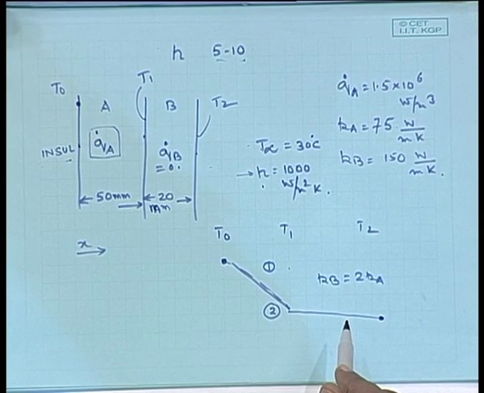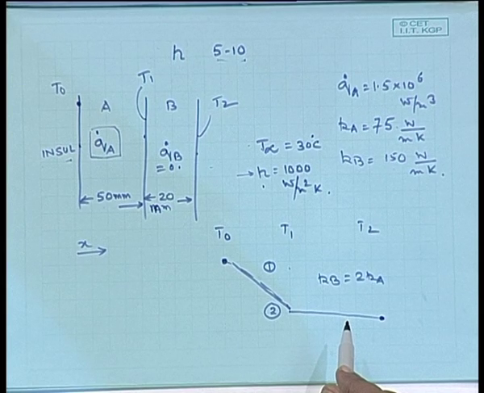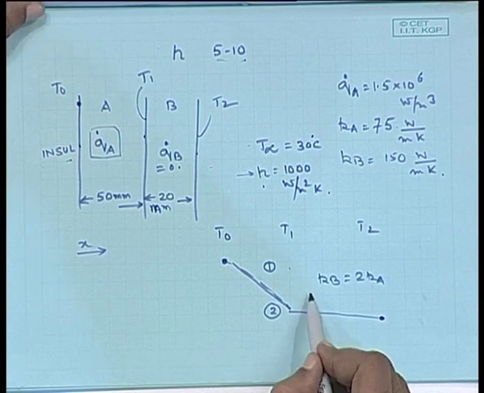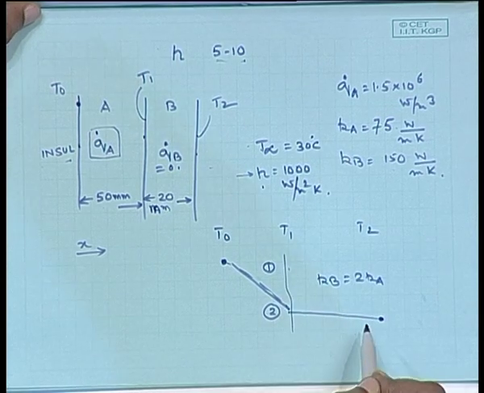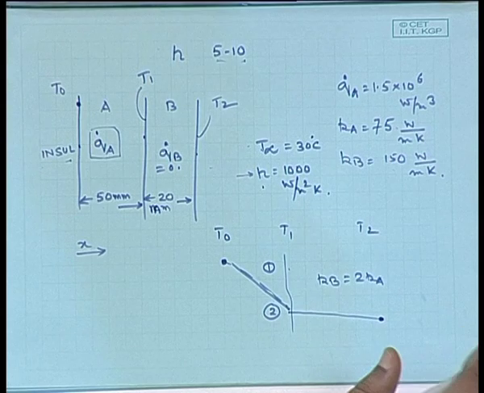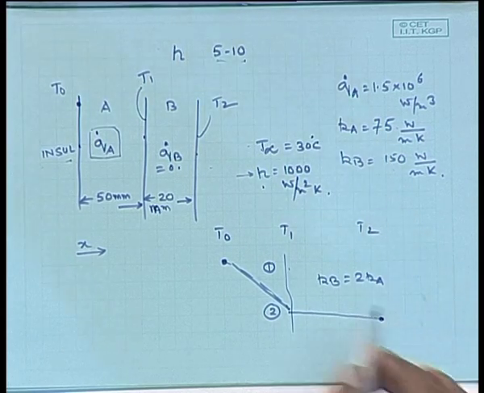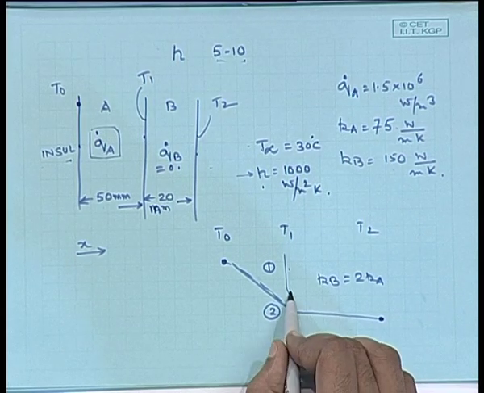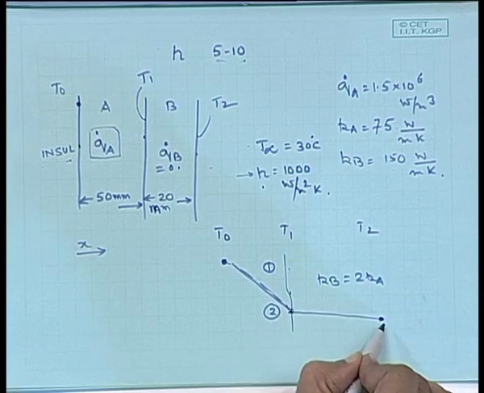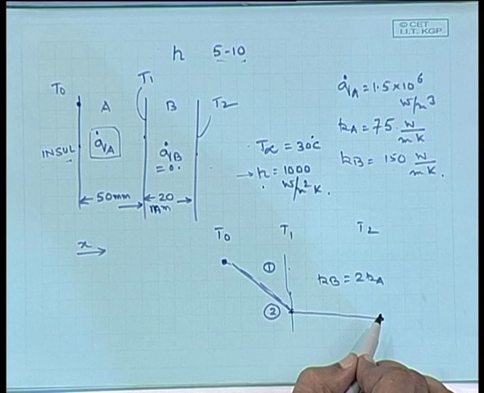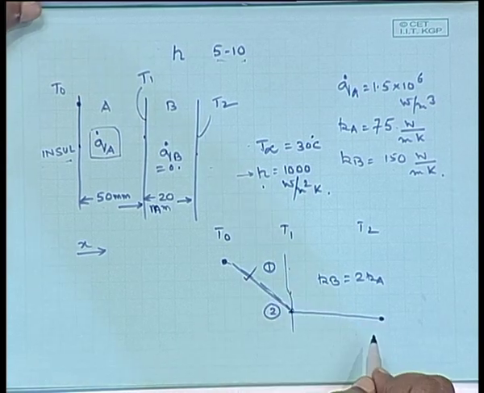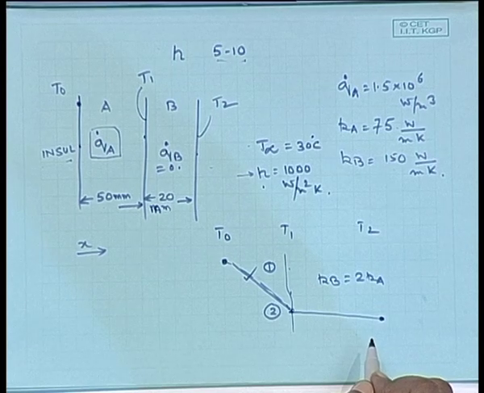Anything else about the shape of the so called parabola? Would this B change? The profile in B, would it change? It should not, because its governing equation is not changing. Only thing is this value of T1 may be higher. So, this could be like this, but the nature of the temperature distribution will not change. But you are saying that this is going to be a parabola once I switch on the heat generation.